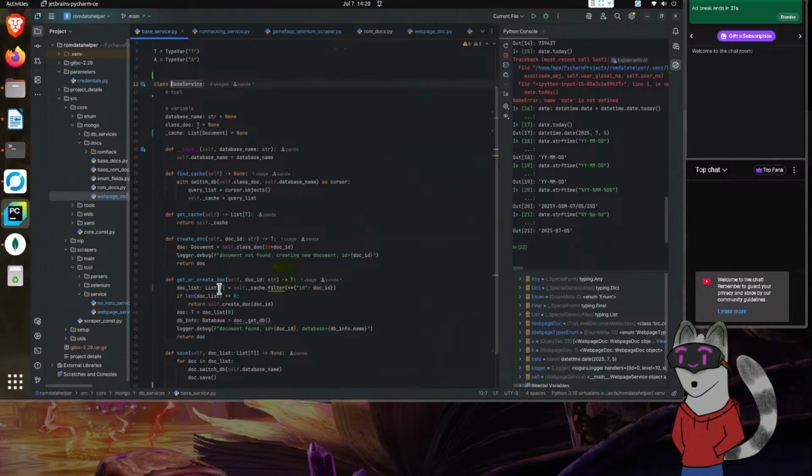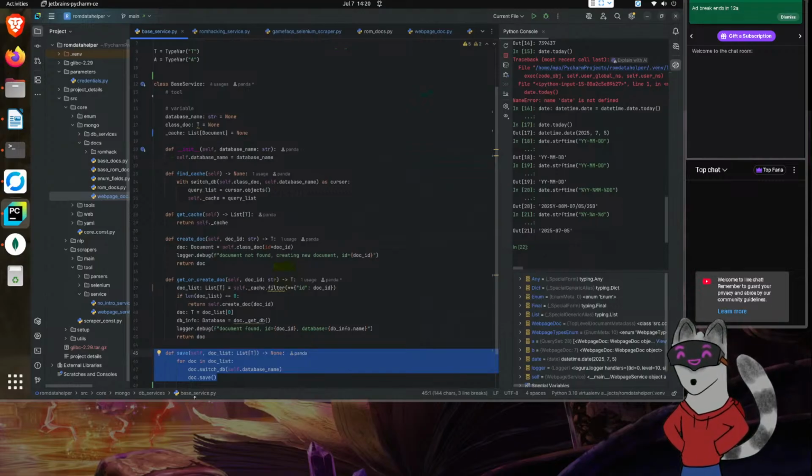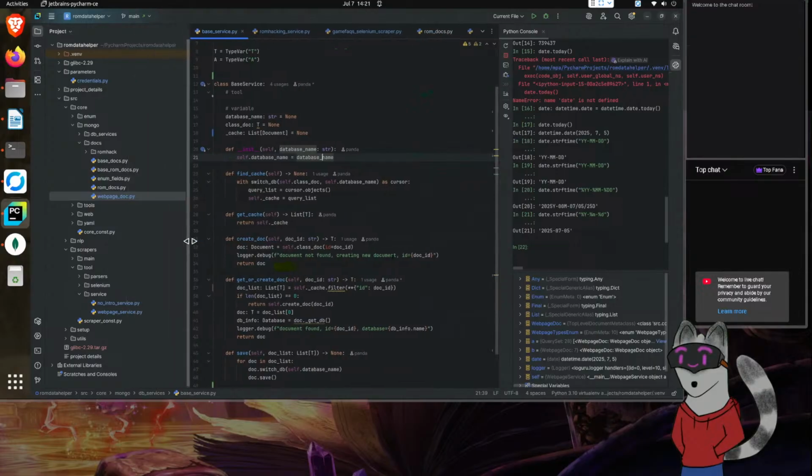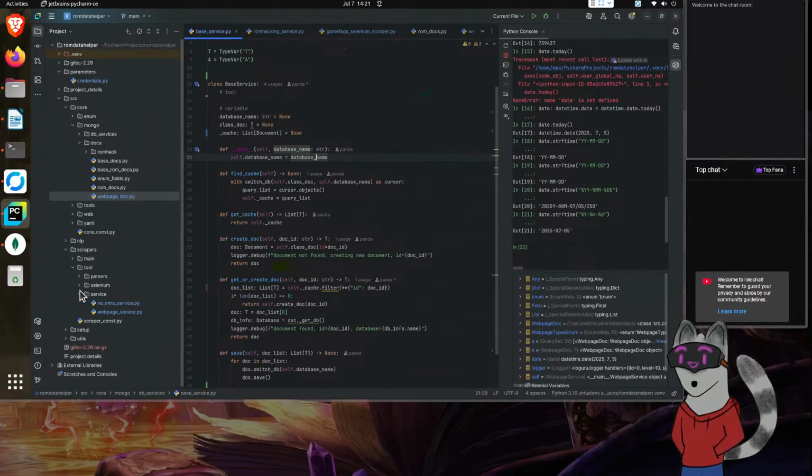Yeah. I now have a save function right here. Check it out. So once we call save, we can automatically export it out to the exact database we want. And we define said database when we initialize our service. So what we have to do now, if we're going to run our services, if we hop over here to one of our scrapers,